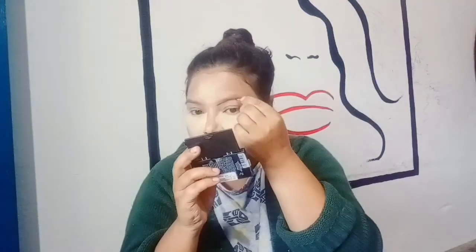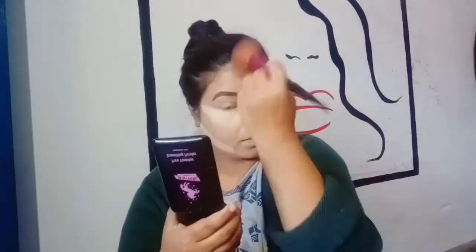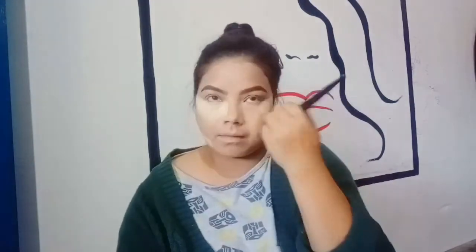And for my brows, I'm using my favorite product, which is Wet n Wild Eyebrow Kit, which has a wax and two different kind of shades in the very same kit. And I'm using the very same brush which comes along with it, and I find this brush very useful as well. Now once the brows are done, before applying the concealer to create a shape to the brows, I'm going